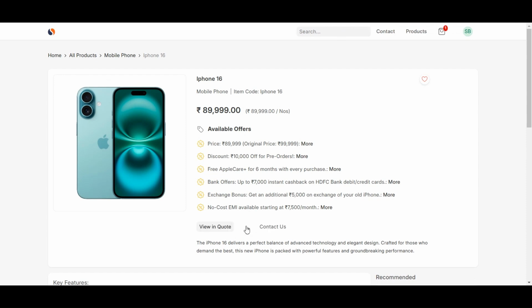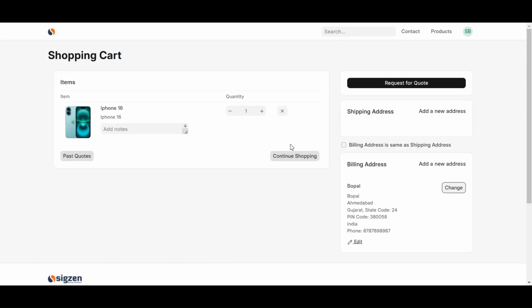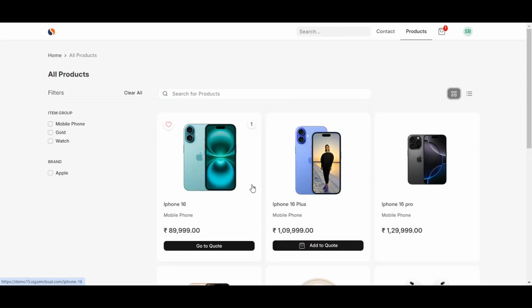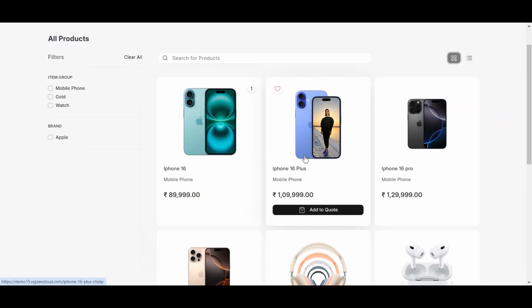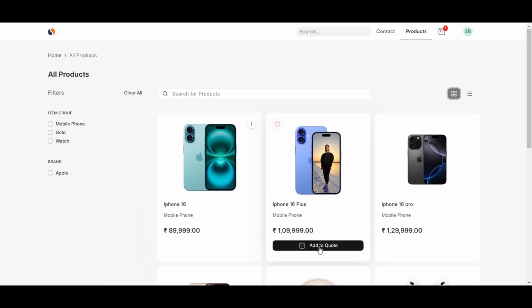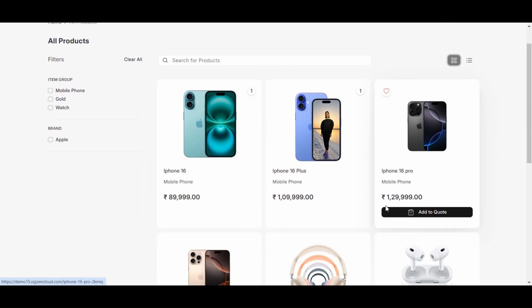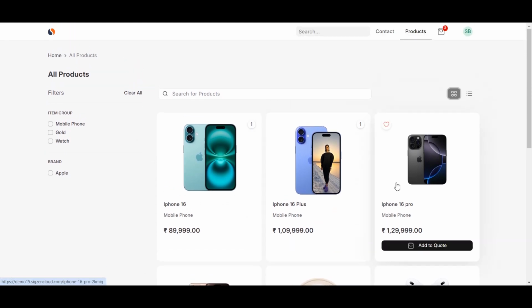You can then click on View Quote to review the items in your cart or click Back to return to the product page. On the product page, you can also directly add items to your cart by clicking on Add to Quote. After adding items to the cart, click on the cart icon to open it, where you will see